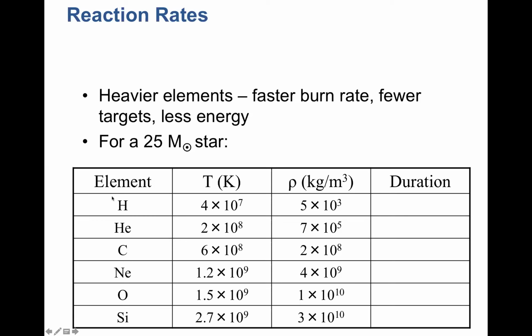And it does happen in succession. It burns hydrogen in the core, it runs out of hydrogen, then burns helium in the core and hydrogen in a shell. By the time it gets down to oxygen burning, you're burning all of these elements in shells around it. We'll look at an image in the next slide. But how long does each of these last, being the source in the center which is powering and holding up the star? Let's go through it for a 25 solar mass star.